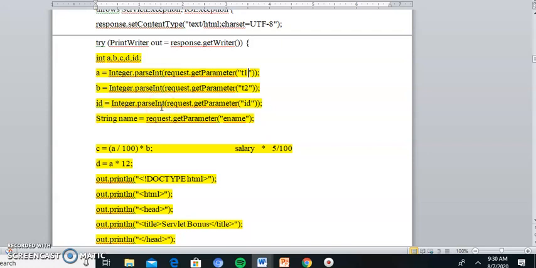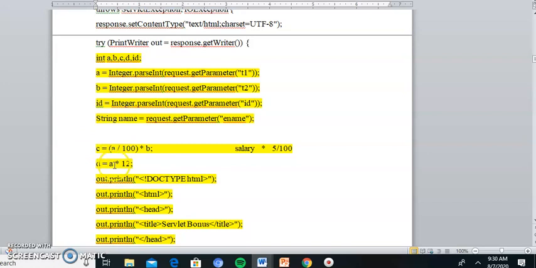Salary into bonus percentage. For example, C is the bonus amount and A is the salary. A is the salary, whatever input you are giving, 10,000 means 10,000, and then into B by 100 is the bonus amount. 5% means 5 by 100. So salary into bonus percentage, 5 by 100. Whatever amount you get, that bonus is stored in C.